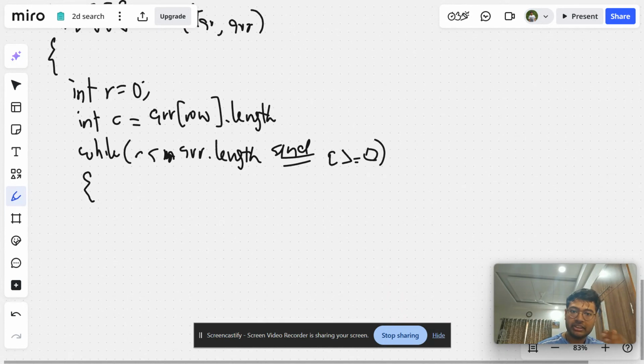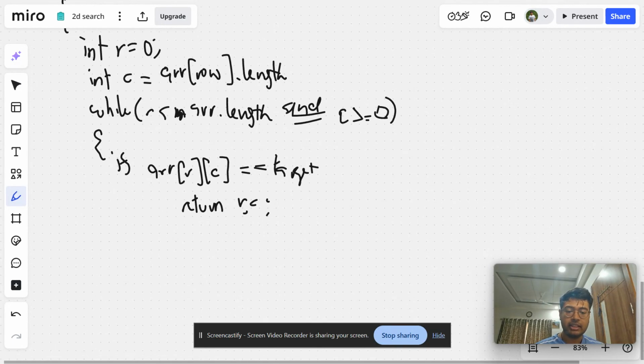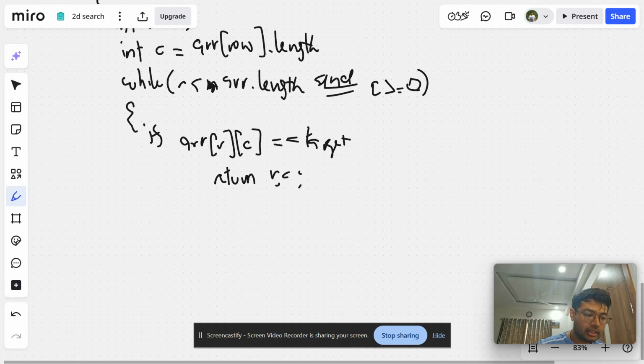Now we put our checks over here, that if the element of that row and that column matches the target, then we simply return that row comma column. Now this is the base condition, that if it matches the target, then we simply return those indexes. Otherwise, we can say that if the array element is less than the target,